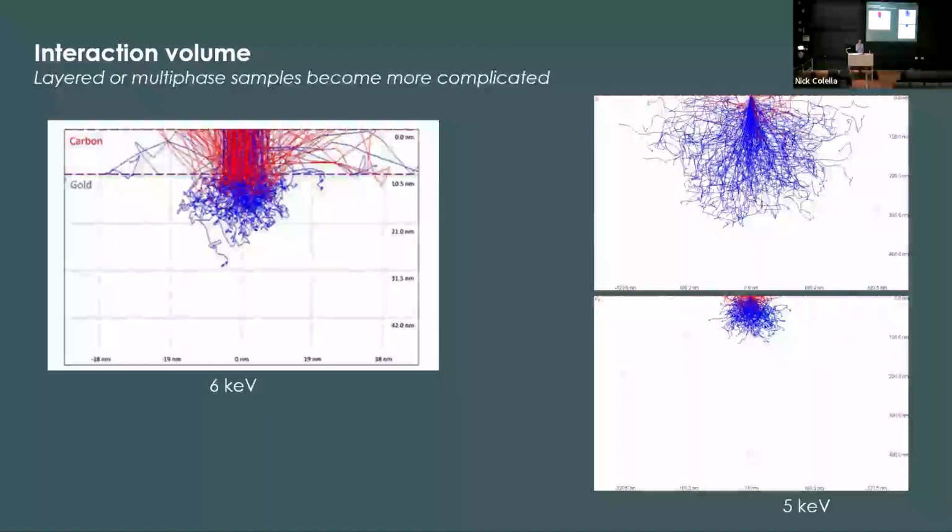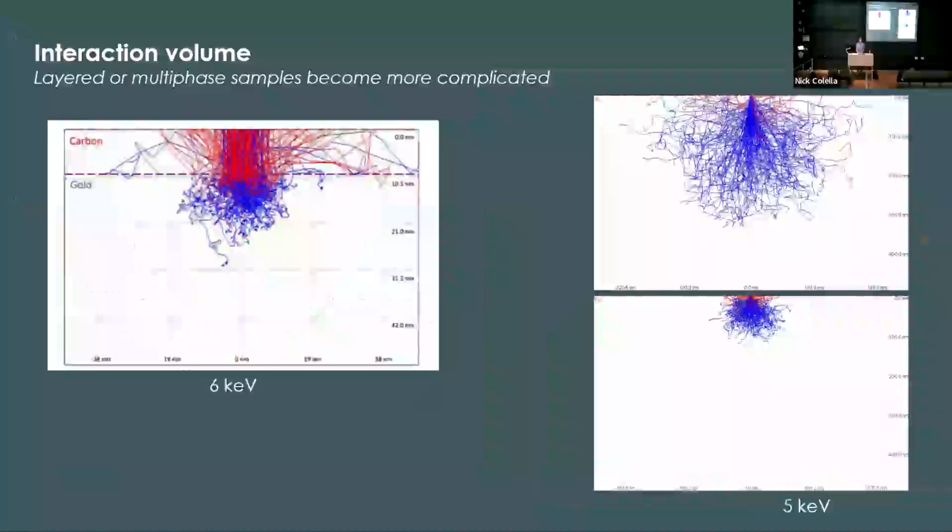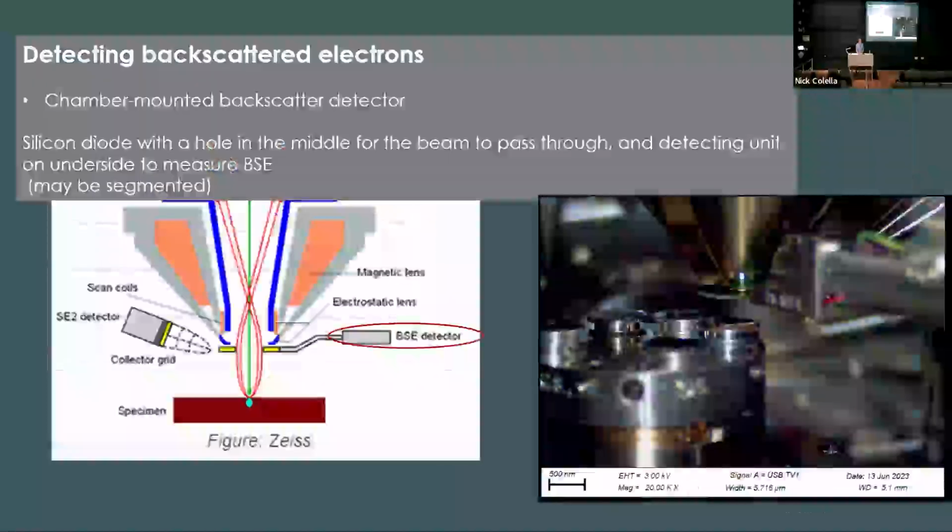And as you can imagine, most people aren't working on pure materials, right? So you might have a layered material or a multi-phase material where it's not as straightforward. We're not able to model that quite as easily if you do have different phases or different materials present in your sample, because they're going to interact differently to the same beam, right? So you always want to keep this in mind in the context of what your sample is, what your material is, and the type of information that you're trying to learn.